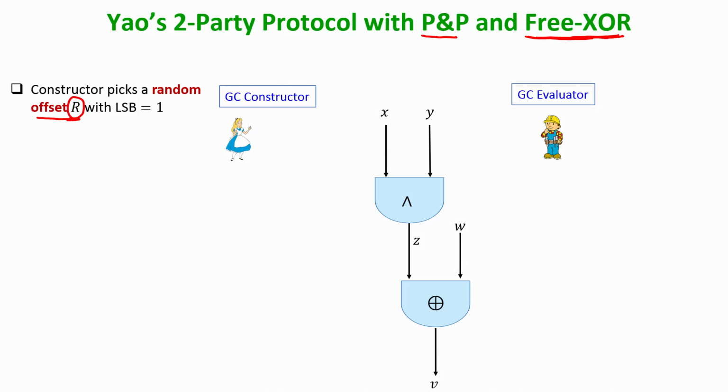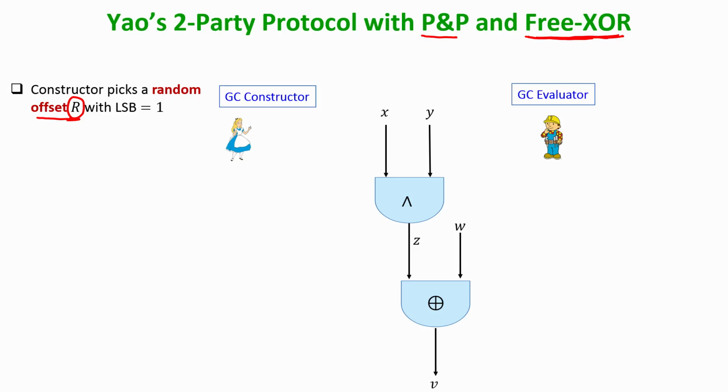By the way, one thing I forgot to mention here is that each time Alice and Bob want to participate in Yao's protocol, Alice has to do the garbling again, because if you see the syntax of the abstract garbling scheme, every time Alice and Bob participate in secure computation, the garbling has to be done randomly. That means, every time Alice wants to garble the circuit, she will be picking independent keys and performing the actions that I have discussed. It is not the case that the garbling is done once for all, and the same garbled circuit is used again and again for performing multiple evaluations of the circuit.